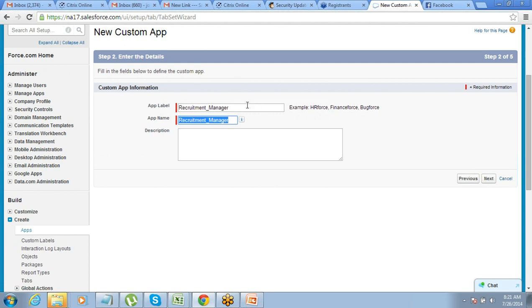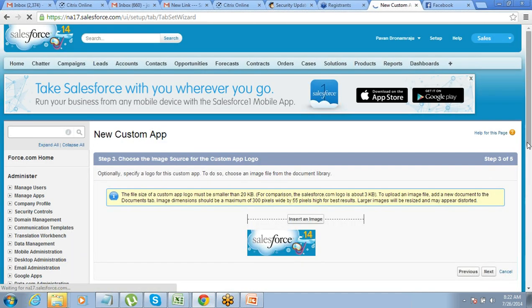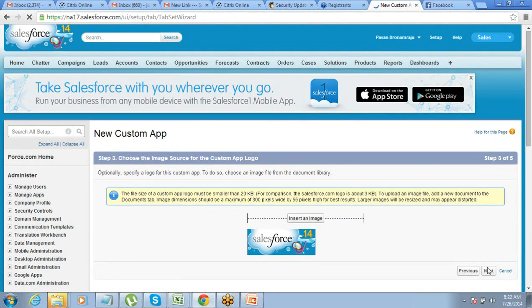The label is something that appears on the front end, whereas the name is something which is used on the programming side, right? So just put a label and a name for it. Click on next. Just skip this step. Go to next.